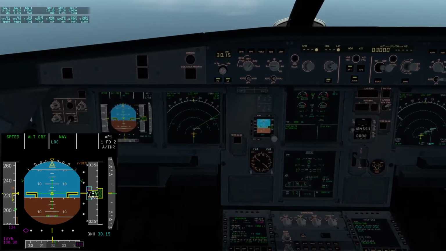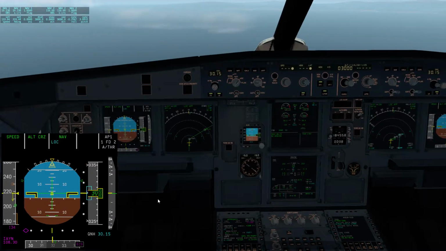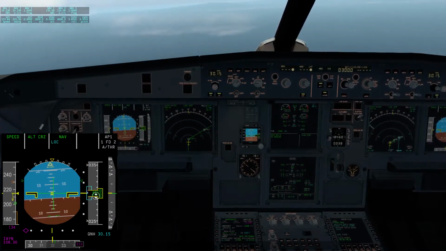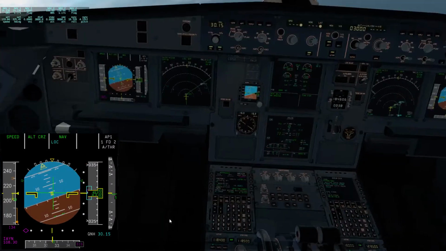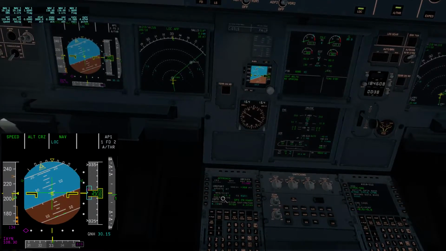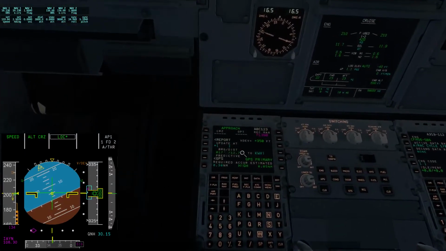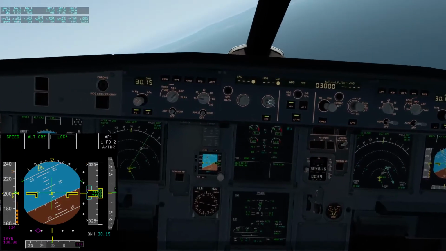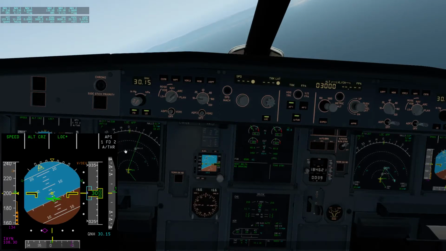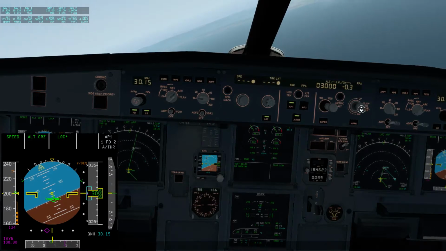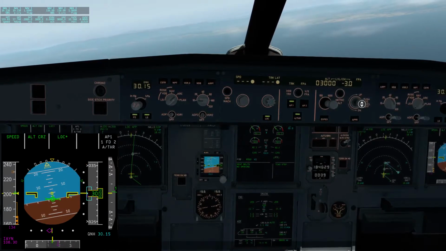Now, we are 3,000 feet high, and the rule of thumb says that in order to lose 1,000 feet, we need 3 nautical miles of distance. So, because of that, I will start the descent at a distance of 9 nautical miles, and I will use the flight path angle mode. I click here, and now I can select the flight path, and I'm gonna select